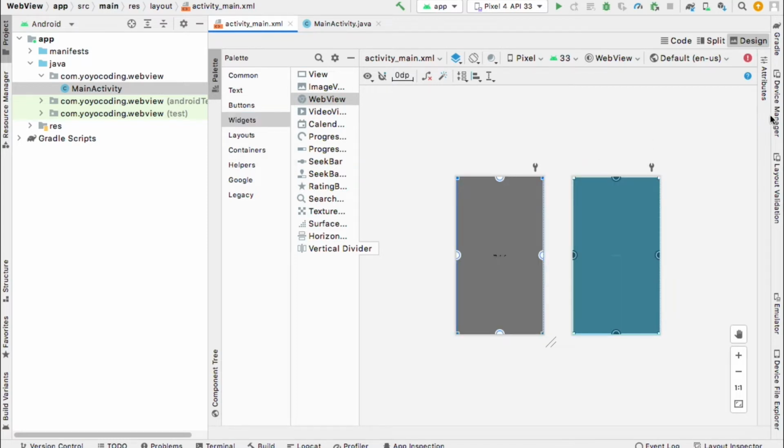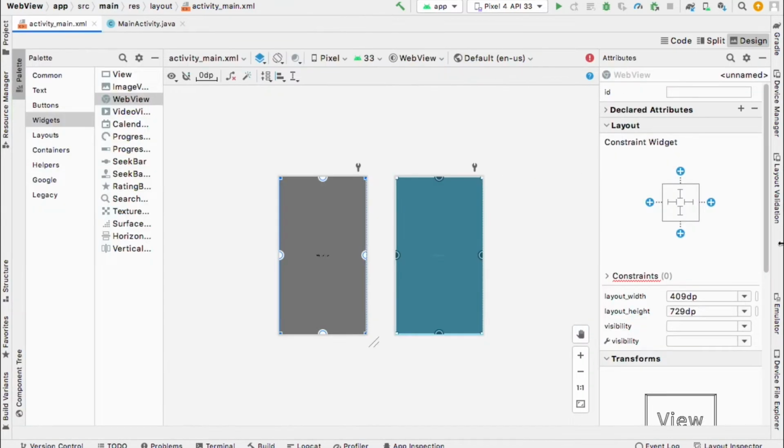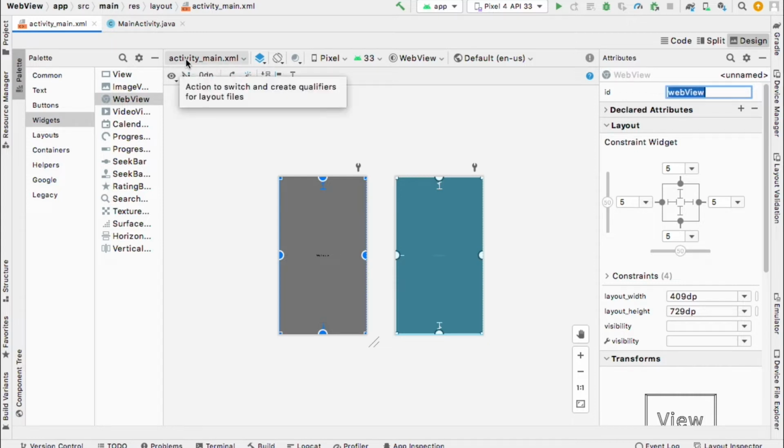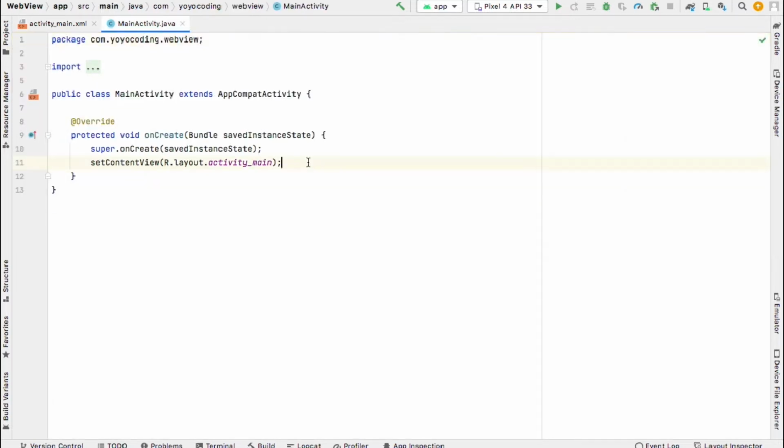activity.xml file. And again, looks like it is filled up most of the space, so we'll just add those constraints to make sure that's the case. And let's give it an ID like webview. There we go. So we have done that. Let's move to our main activity and talk about how we can get this filled with the information for a